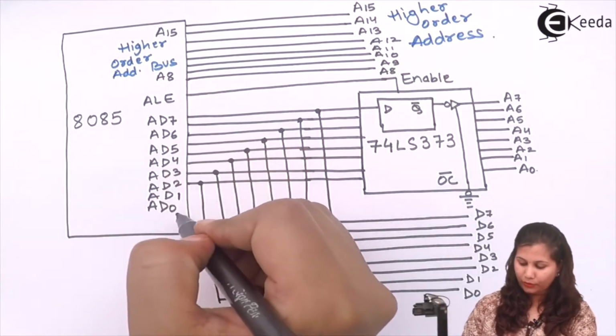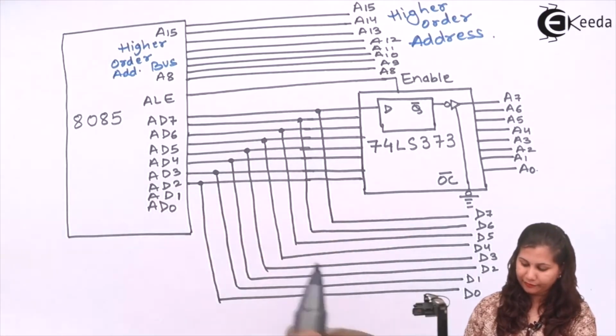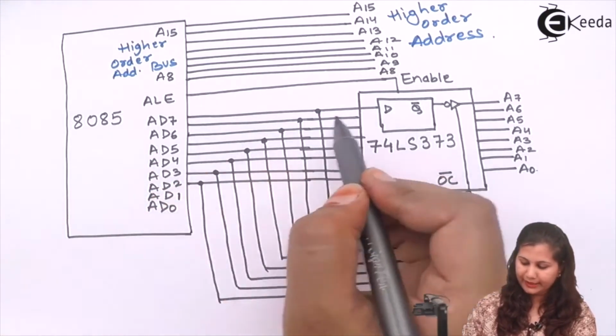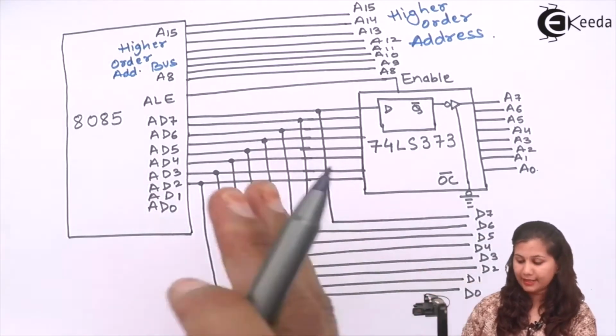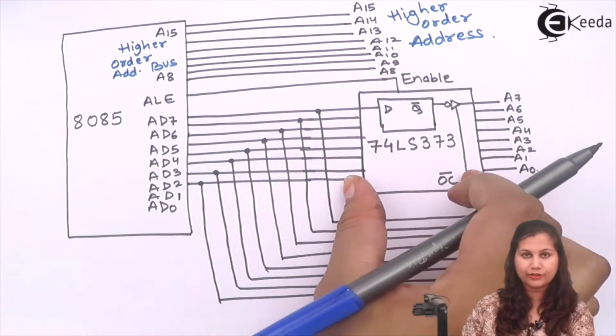Now as the lower order address bus and the data bus are demultiplexed, we have from AD0 to AD7 the 8 lines here, and these 8 lines are given as an input to a latch